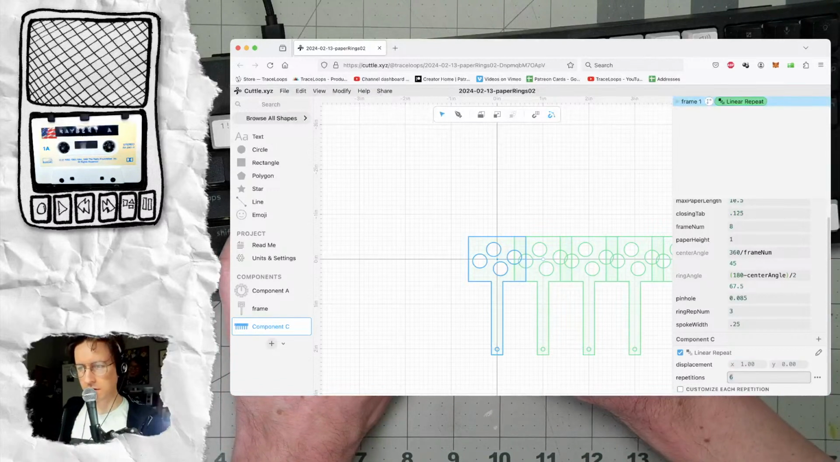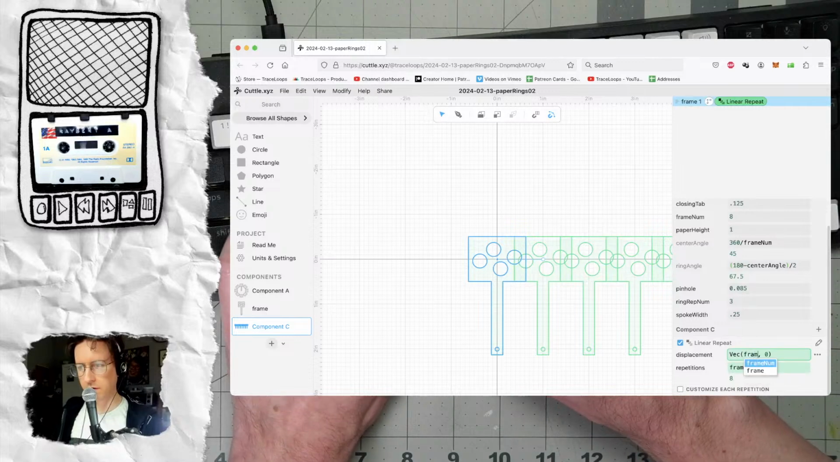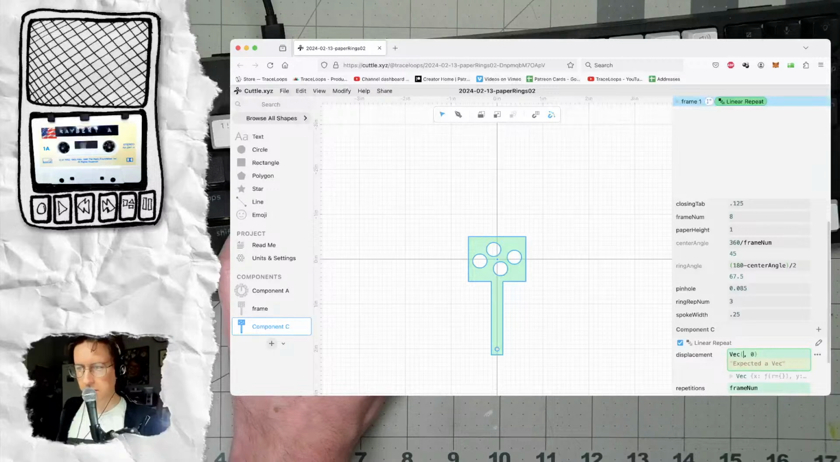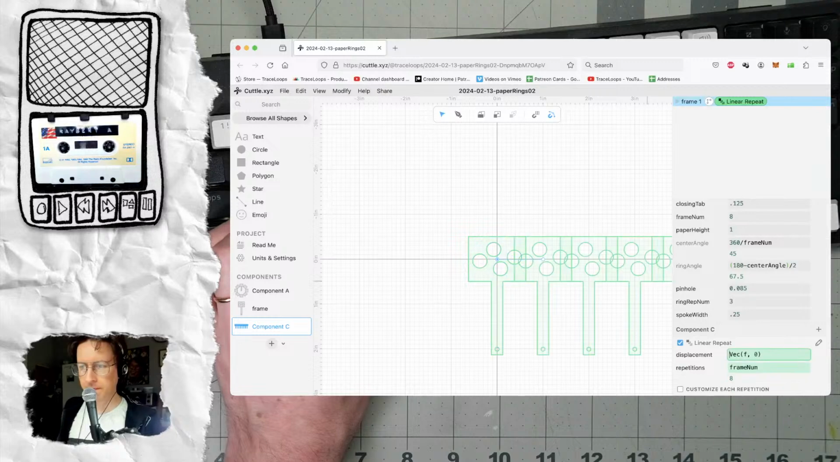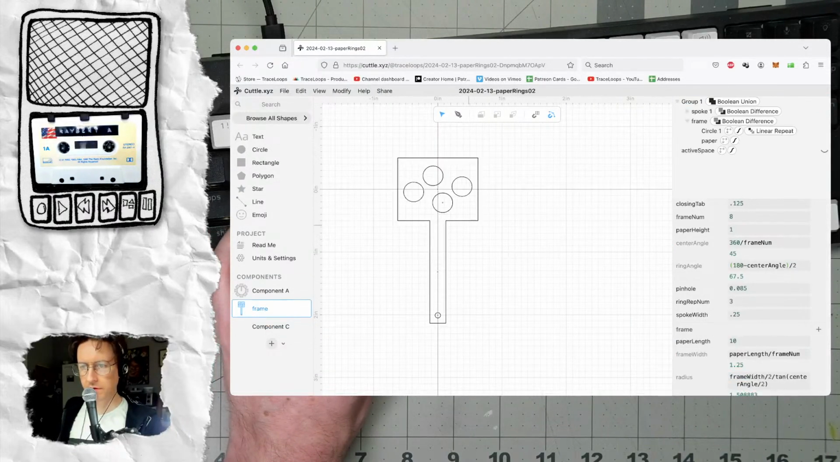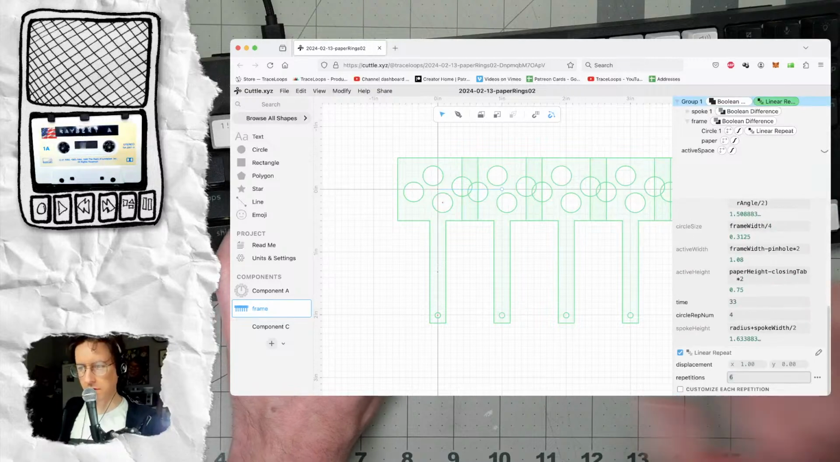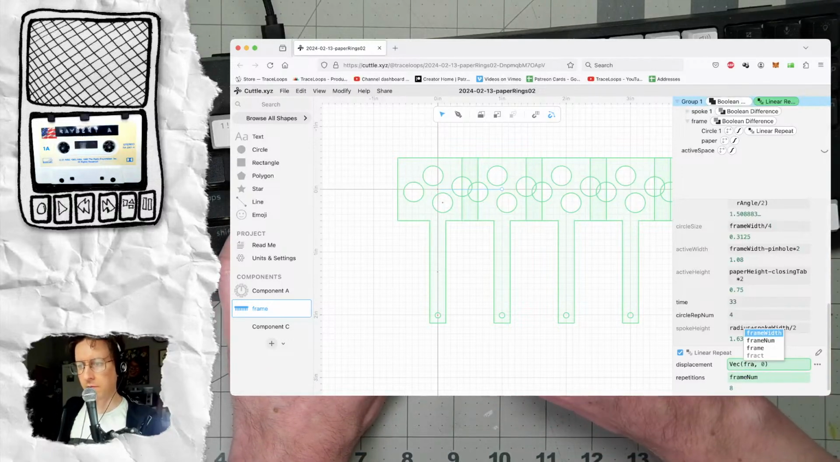Repetitions will be frame number. Offset will be frame. Okay. I do want to do this in the buried one, because then the frame length will adjust. Modify linear repeats, repetitions, frame num, frame width,